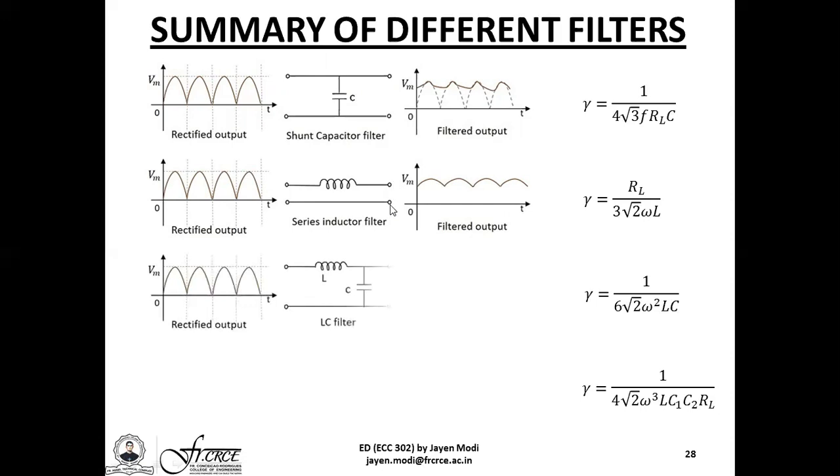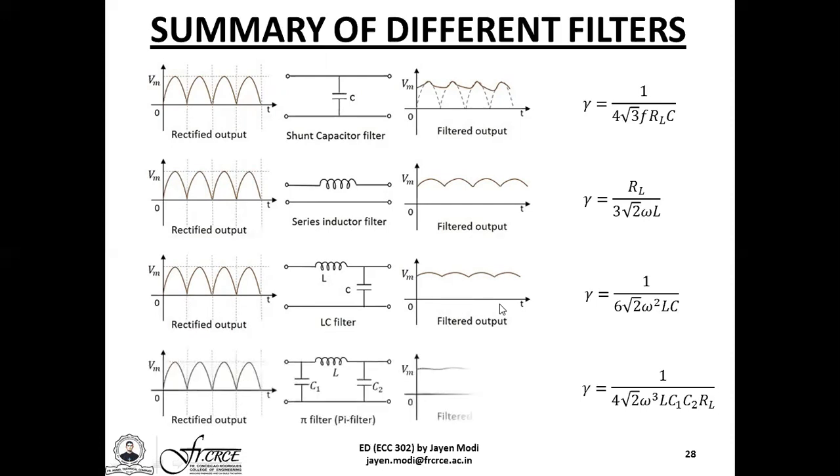Then we had the combination of both the L and the C elements giving us the LC filter. So what we see is that progressively the filtered output is getting smoother. And finally, we have the best possible filter circuit, that is the CLC or the pi filter, with an extremely smooth output voltage as shown. However, the only drawbacks are the difficulty in the analysis and the large number of components required. And of course, whenever we have inductors, they are large, bulky, as well as expensive.